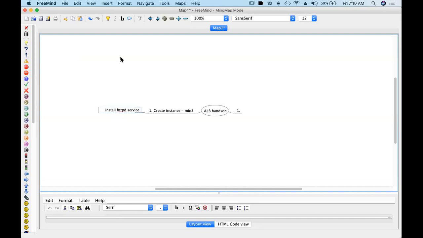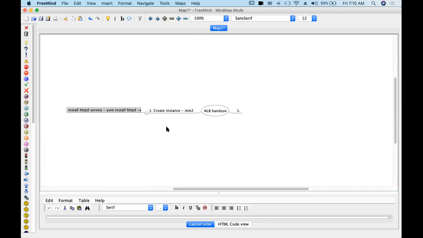And what is the command? Yum install HTTPD. You can also use -y. I think -y comes in front. Anyway, try this: yum install HTTPD -y.